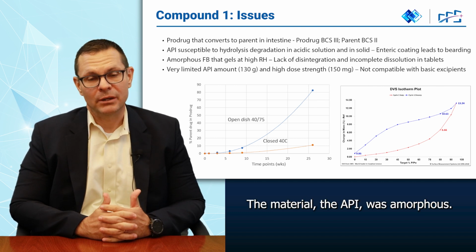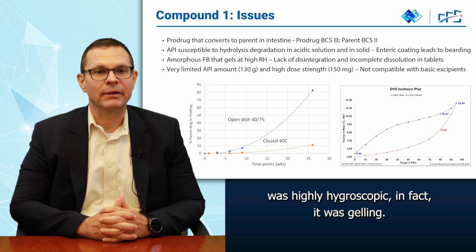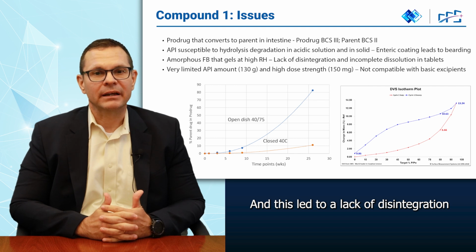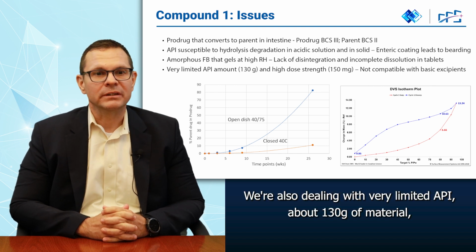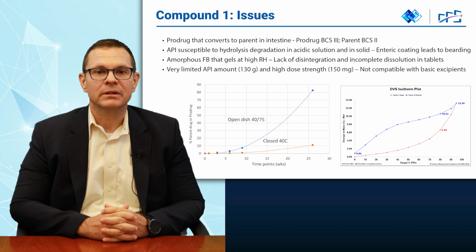The material, or the API, was amorphous. You can see from the hygroscopicity that the material was highly hygroscopic. In fact, it was gelling, and this led to a lack of disintegration and incomplete dissolution in the tablets. We're also dealing with very limited API, about 130 grams of material with a high dose strength, 150 milligrams, not